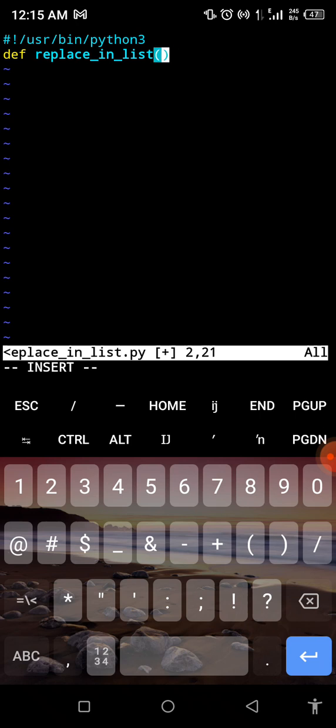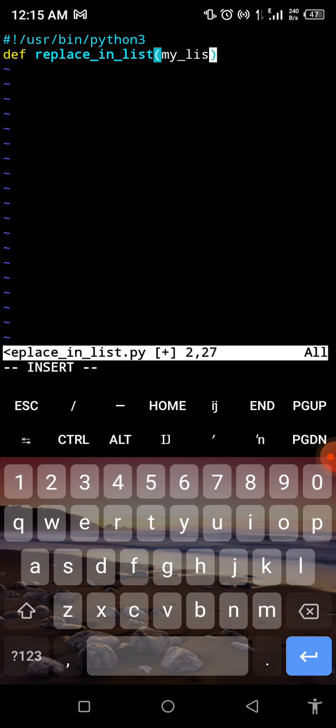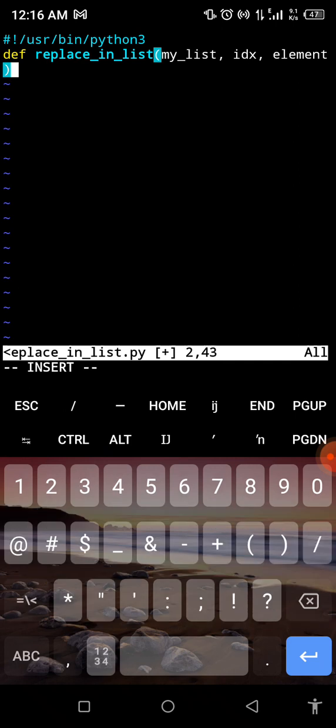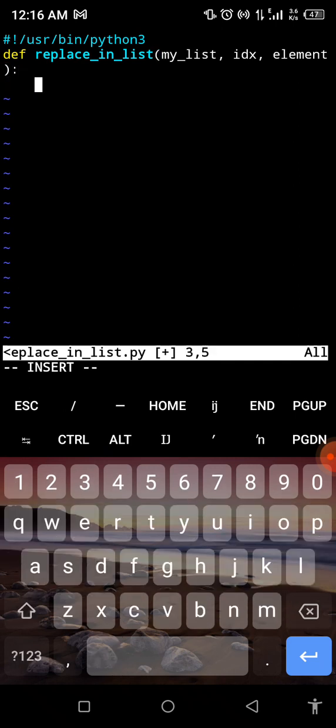The first one is the list. The second one is the index we want to target from that list. The last one is the element. Now we're asked to check, so the same thing we got to check, but a little difference. So if index is less than 0, because it's a negative value, if a negative value is provided,